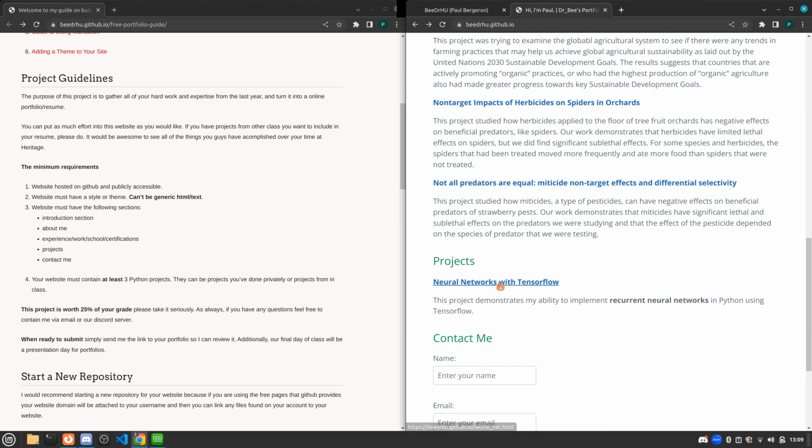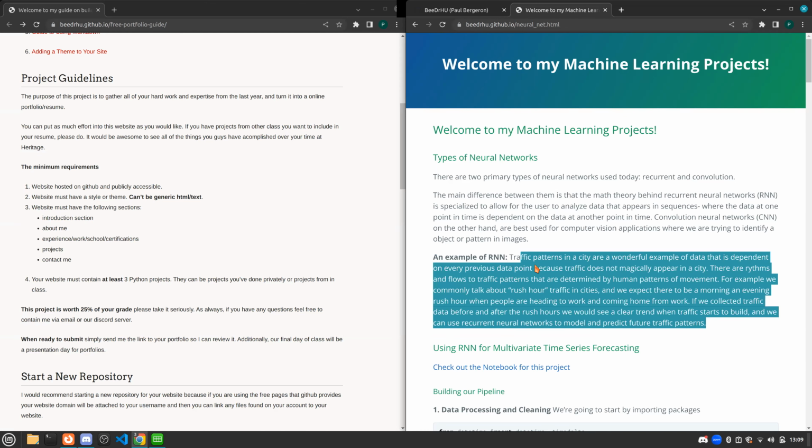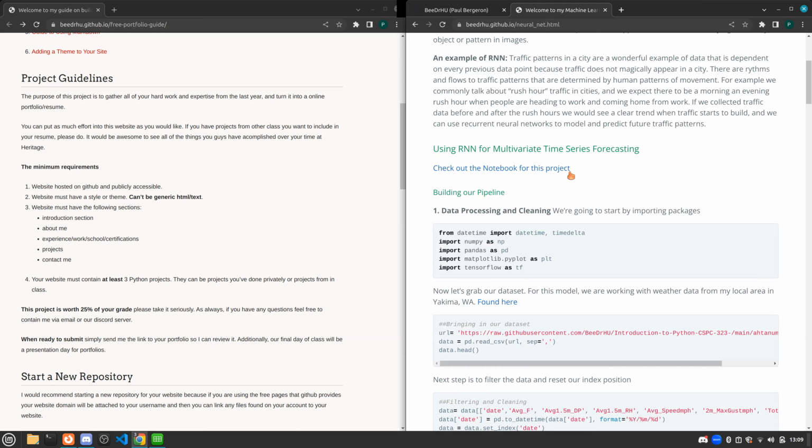And so here's an example I did. I did neural networks with TensorFlow, based off of the project that we did in class the other day. I wrote a quick little synopsis about types of neural networks and explained recurrent versus convolutional, then gave an example of a recurrent neural network. In this case, I used traffic patterns in a city. Then I created a new section, "Using recurrent neural networks for multivariate time series forecasting," and gave them the link